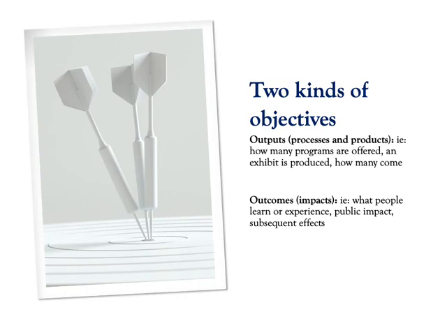Secondly, are outcomes or impacts, and these are perhaps the most significant for us as public historians because they tell us what we want people to learn or experience, the kind of impact that we want to have, whether it's short-term or long-term. Outcomes are largely qualitative. That is, they don't necessarily correspond to numbers per se, but they're more about ideas and meaning making.